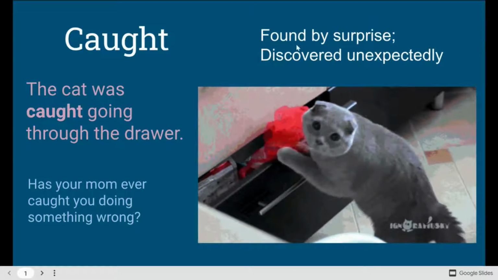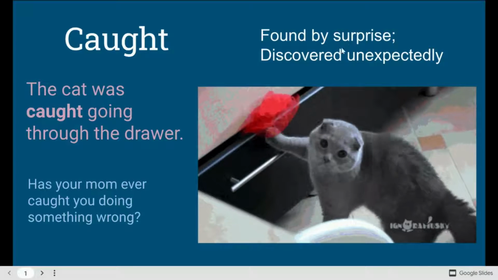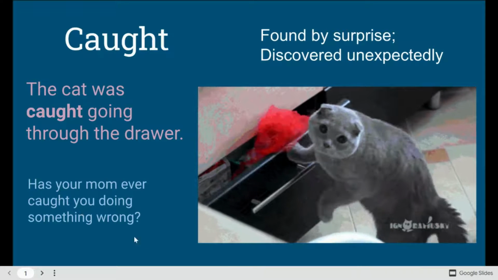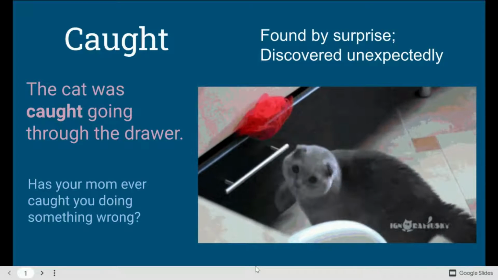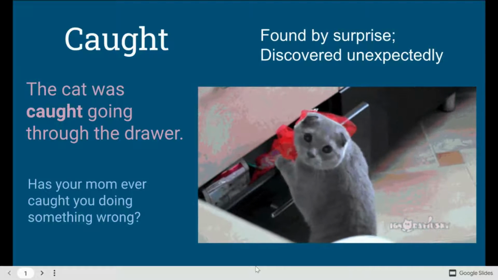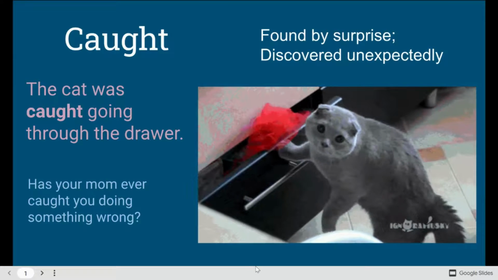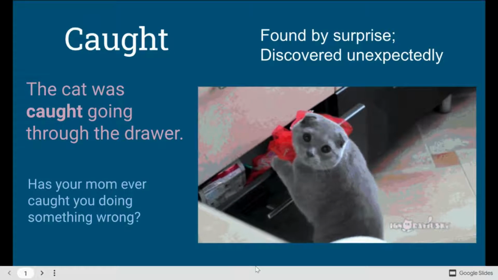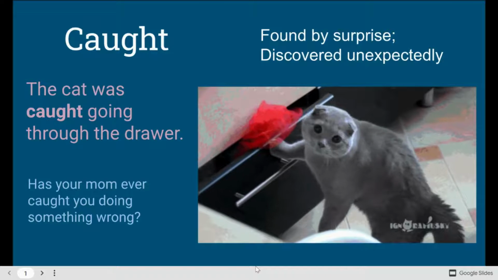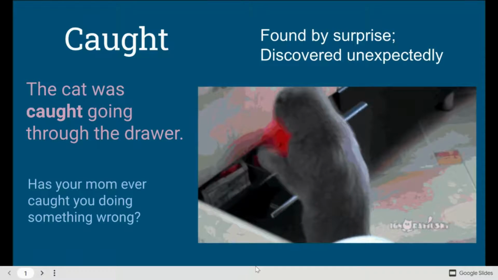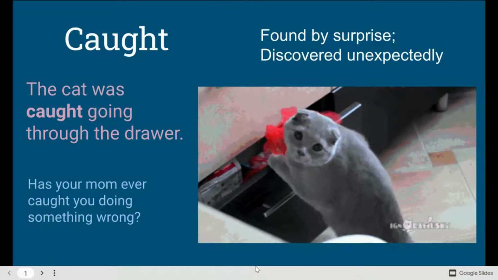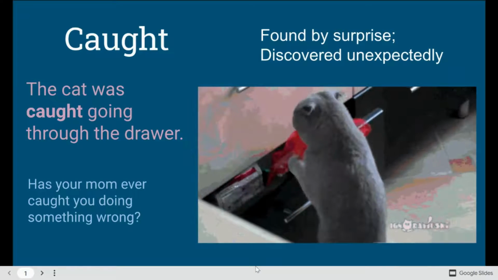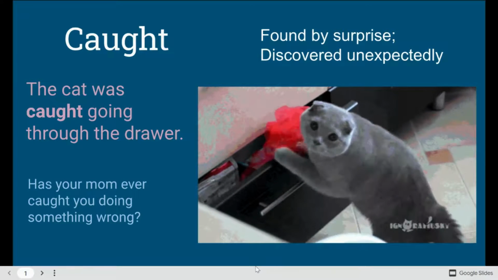Then I'll try to simplify the definition. That's what I put up here. And then I put a question in a different color. I keep the word and definition in one color, the sentence in a different color, and then the question in another color. They all remain different colors, and they remain the same colors in their category on every single slide. There is one I did not put a question for